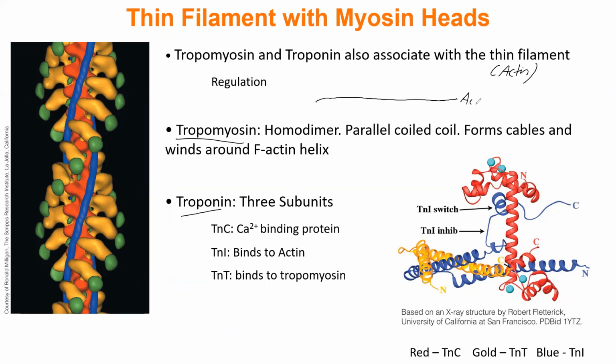So if this is actin, on your actin, you're going to have this tropomyosin and troponin protein. So they're two proteins. So I'm going to draw them like kind of like that. And they act as locks. I guess it's more like a fiber than what I drew there, but